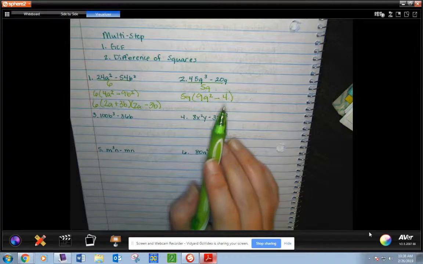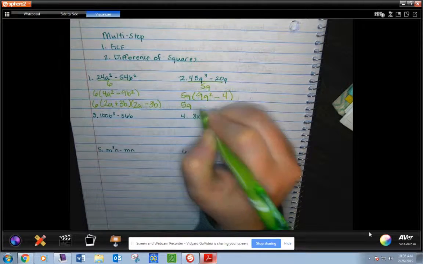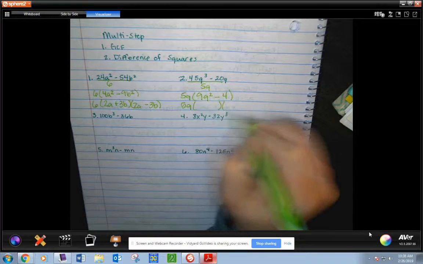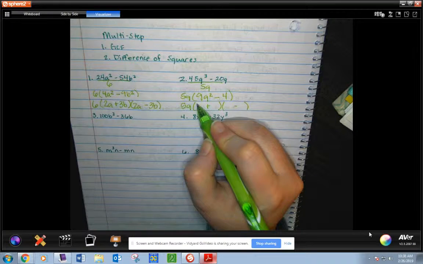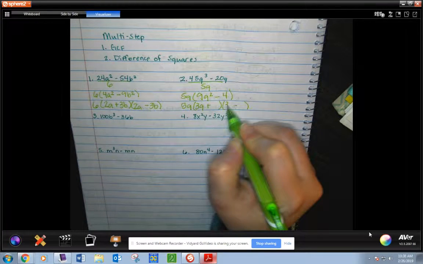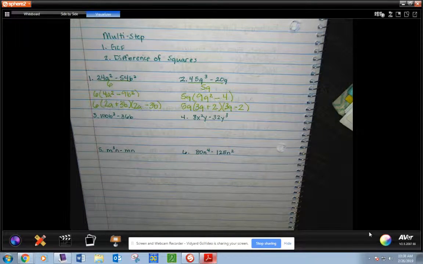Okay, so now this is subtraction, and they are perfect squares. So I keep my GCF of 5Q. I open up my two factors. One's a plus, one's a minus. 9Q squared will split to 3Q, and 4 will split to 2. Okay,